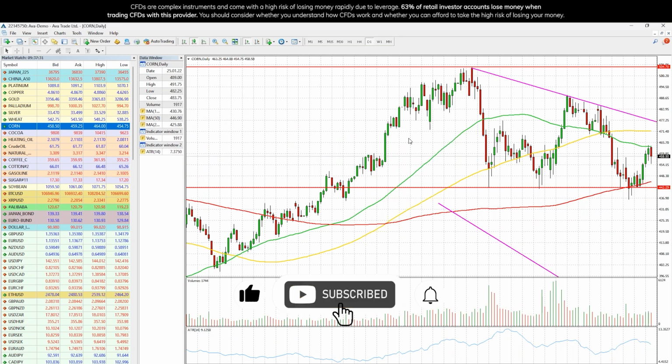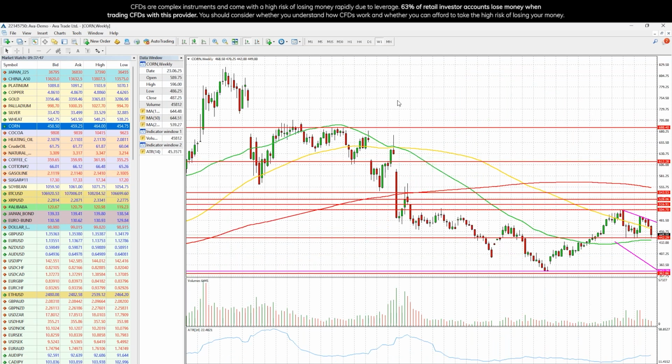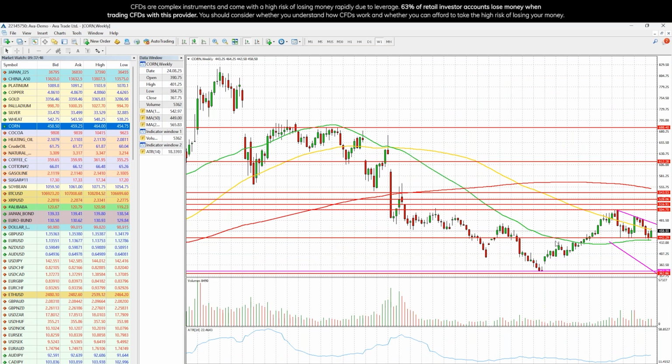We had a strong week for corn, almost 3.5%, 3.49. Similar situation here. We are actually in a better situation on corn. We are above the 200 moving average, and we are trying to break above the 50. And on the weekly, it looks like this support at around 442 was holding nicely.